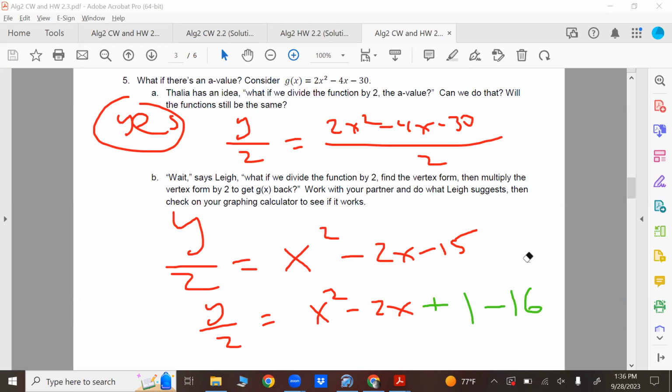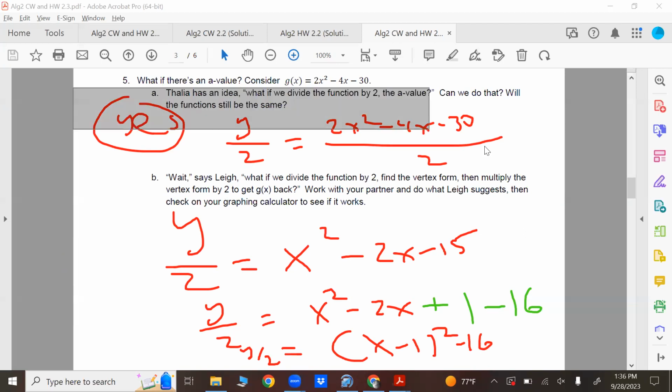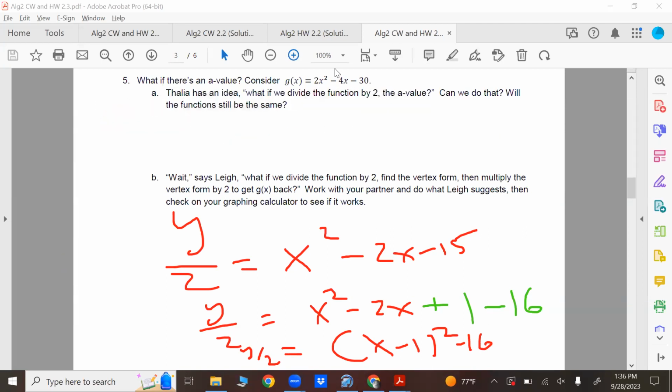But then you write negative 15 as 1 minus 16. So now what do you got? You got x minus 1 squared minus 16 equals y over 2. And if I bring the 2 back, see, I really ran out of space, didn't I? Let me erase what's up top. If I bring the 2 back,